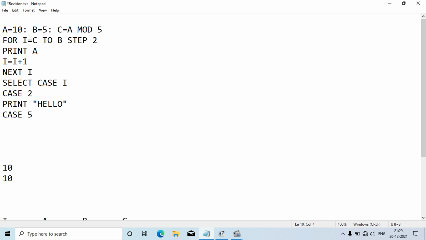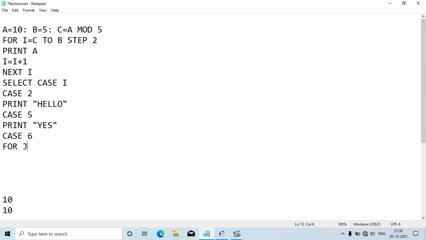if I write case 5, if I write print yes, and if I write case 6, then inside case 6 I can write anything. So I can include a for loop as well.